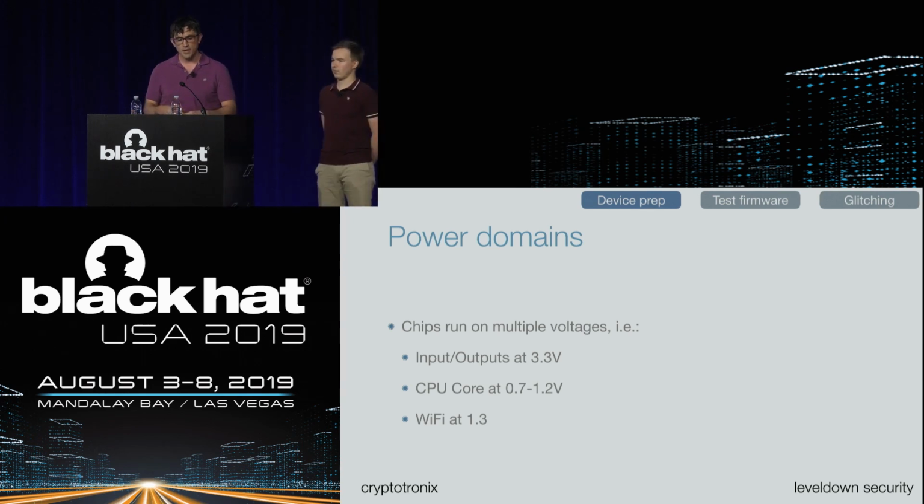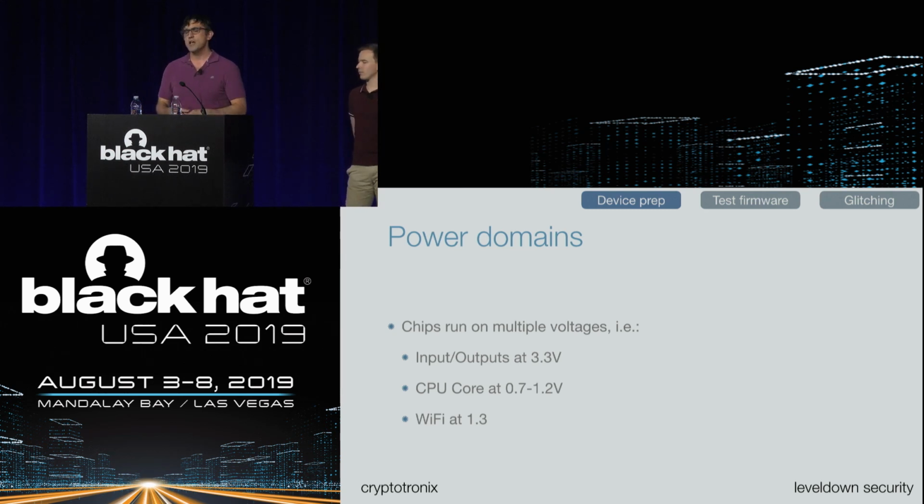For example, there could be a main VCC at 3.3 volts. That also could be the main logic I/O, so that also could be at 3.3 volts. However, the CPU core and the logic for the CPU may run at a lower voltage, 0.7 to 1.2 volts. And depending on the chip, that may either be fed in externally or it's internally regulated.